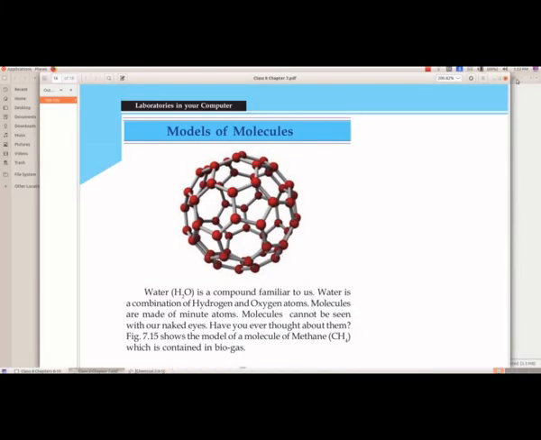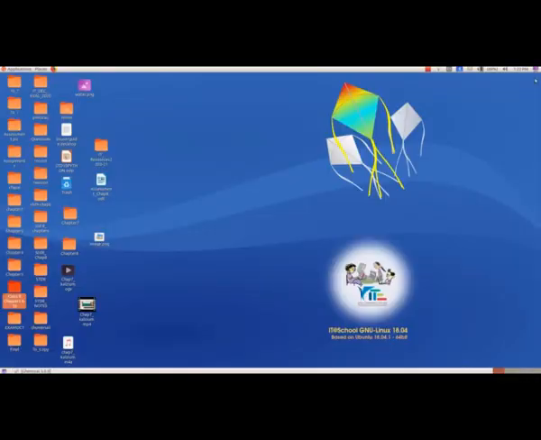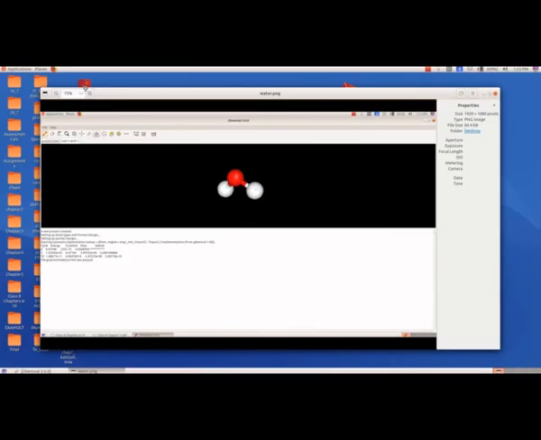And now we will see. We will minimize this. Here we got the water.png. We will double click and open that, and we got that.